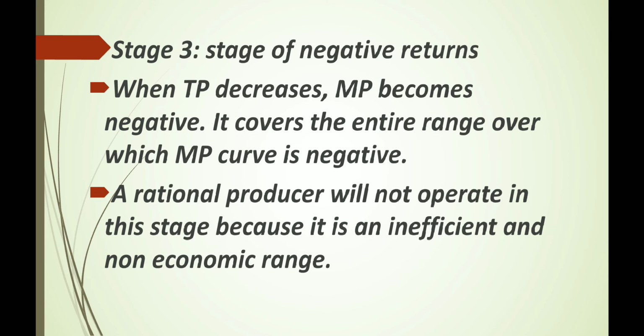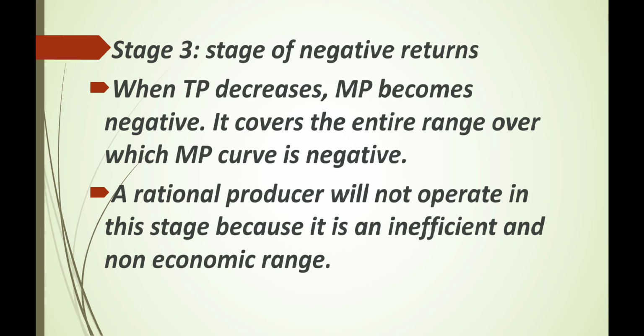Stage 3. Stage of negative returns. When total product decreases, marginal product becomes negative. It covers the entire range over which the marginal product curve is negative. A rational producer will not operate in this stage because it is an inefficient and non-economic range. Because